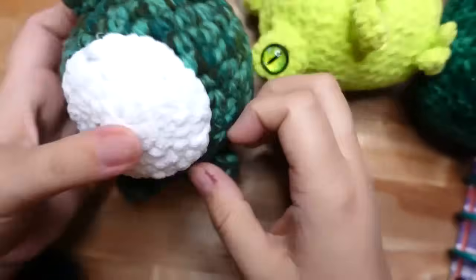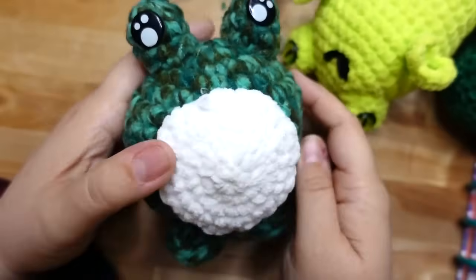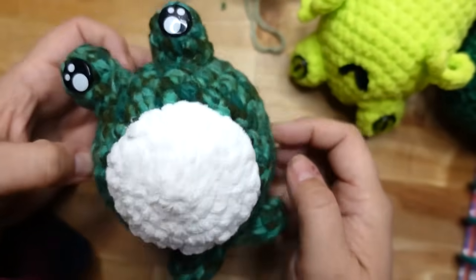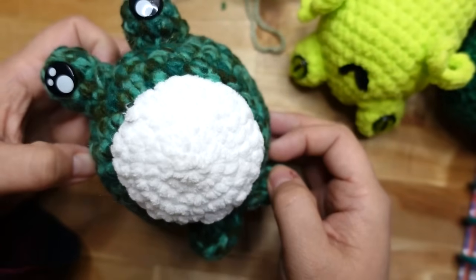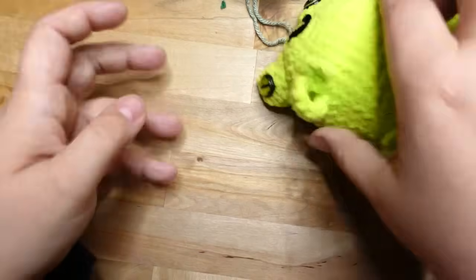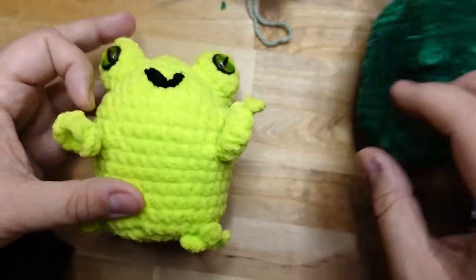Alright, so I started with this guy, and he was cute, but he didn't have arms. And I also don't like his belly patch. Belly patch is completely optional. I will, of course, give you direction on how to do that, but I really just like the simplicity of